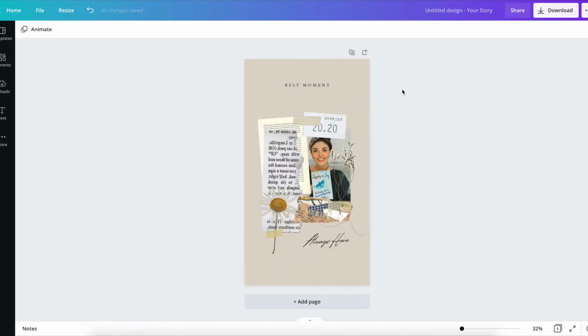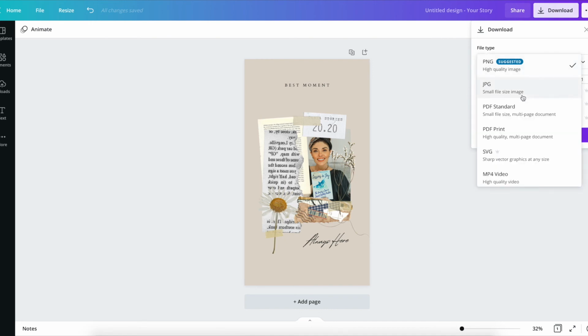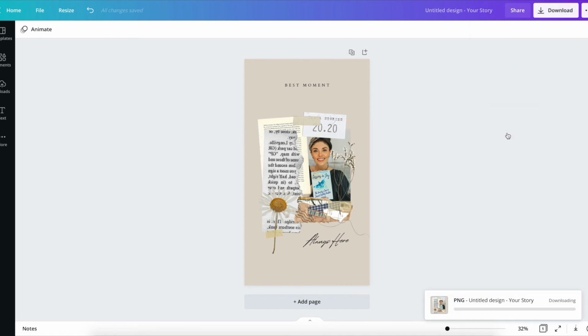Now, an important thing to remember while using this trick is to make sure to delete that square element before you go ahead and download your cover. Otherwise, it will be shown on your feed. You can select however way you want to download your design, and once you do so, you can go straight ahead and upload it